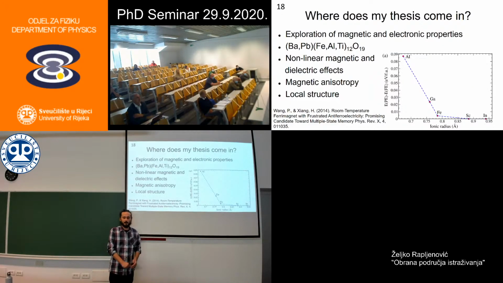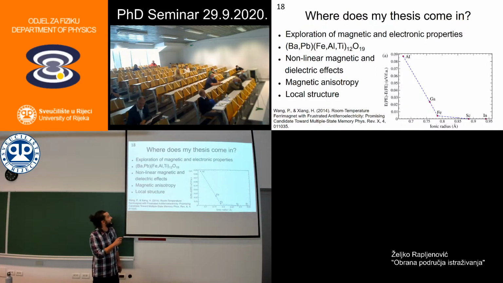So my thesis will be, I will research in my thesis the magnetic and electronic properties of variously substituted hexaferrites. We have single crystals with different substitutions of barium and lead, and we have an option to change iron with either aluminum or titanium. The substitution of aluminum has been calculated using DFT to have the largest influence on the structure and thus possibly